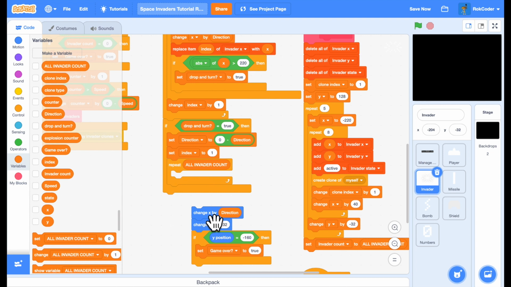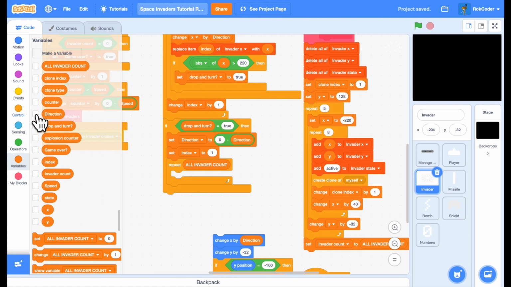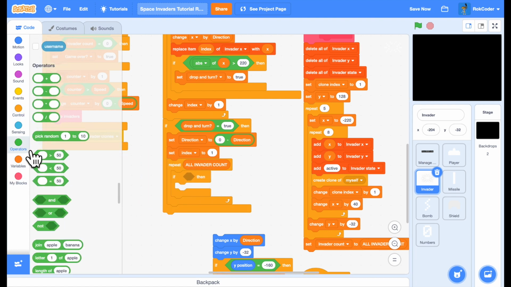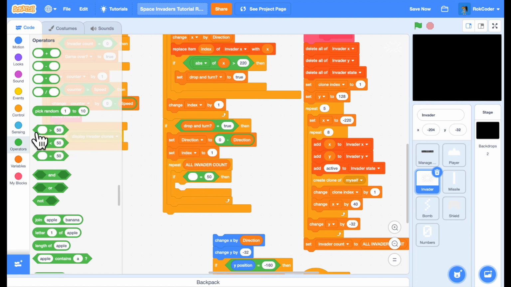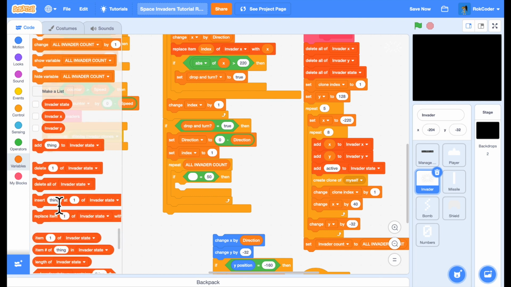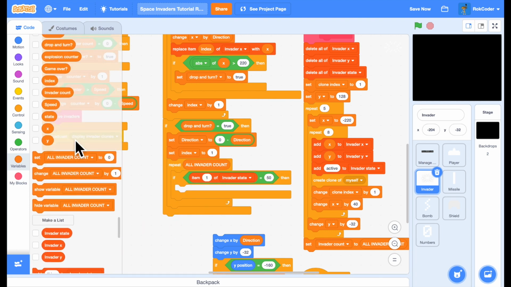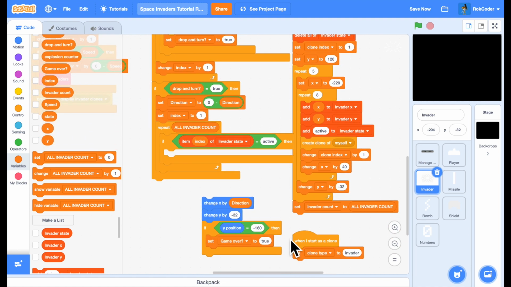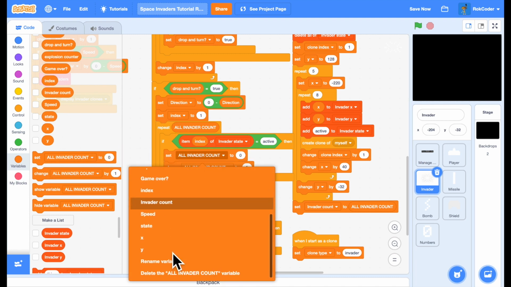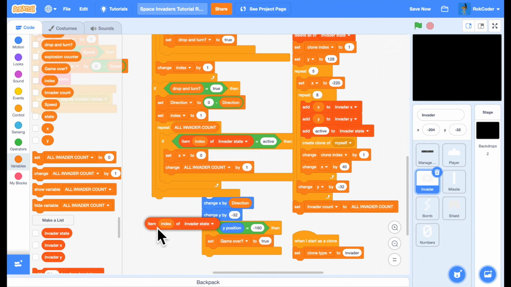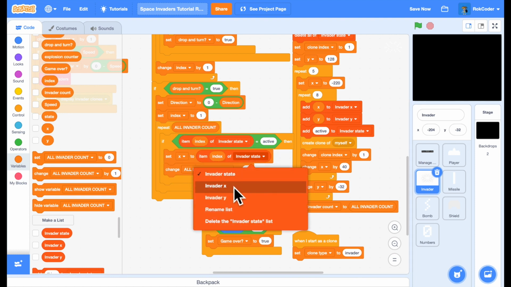I'm only interested in updating invaders that are active, as I did before. And so if it's active, I can do that by looking at item index of invader state. Now, if it is active, then I want to move it as we did before. So change x, well I need to get the x value first. So let's set the x value, copy this, to item index of invader x,